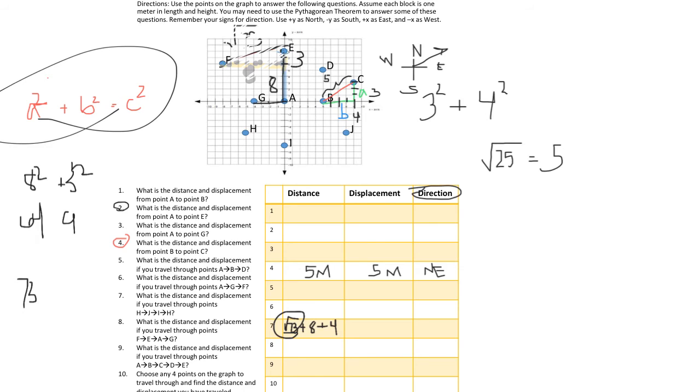Basically, where did I start? I started at letter F, correct? And I finished at letter G. So my entire displacement is really just from here to here. That's my displacement. Started with F, so this was my initial. G is my final. Okay, so I have to go through and figure out the distance of this line